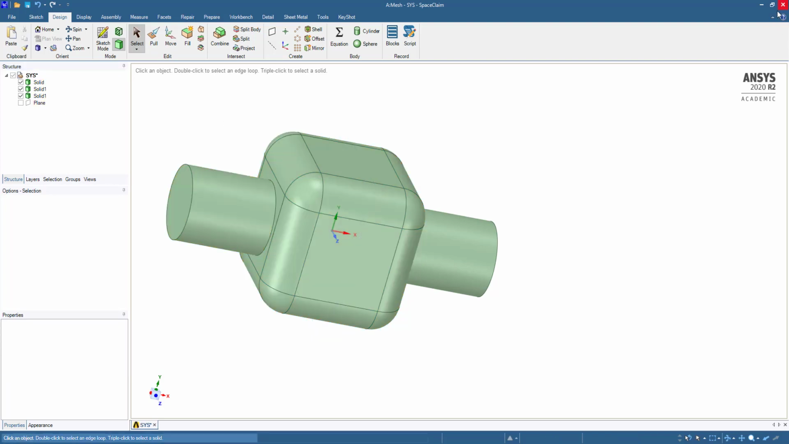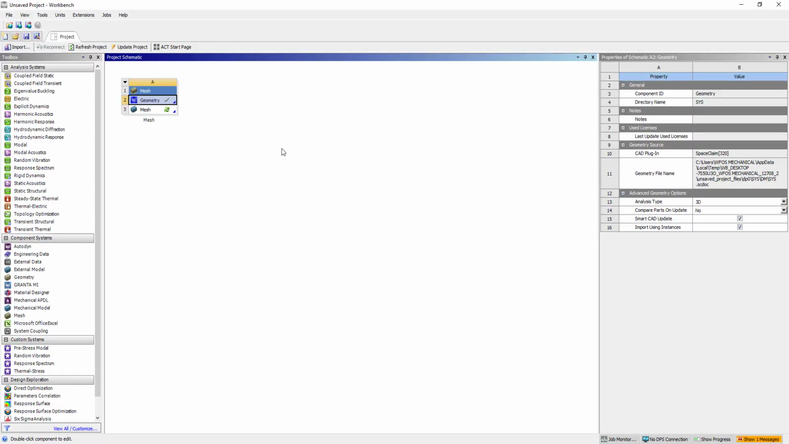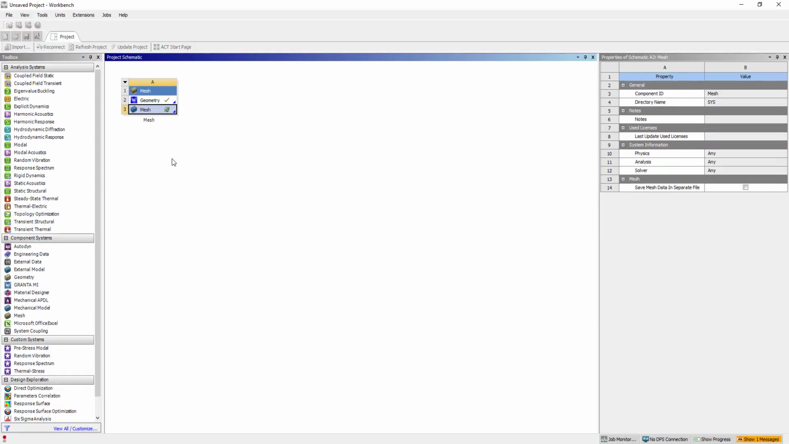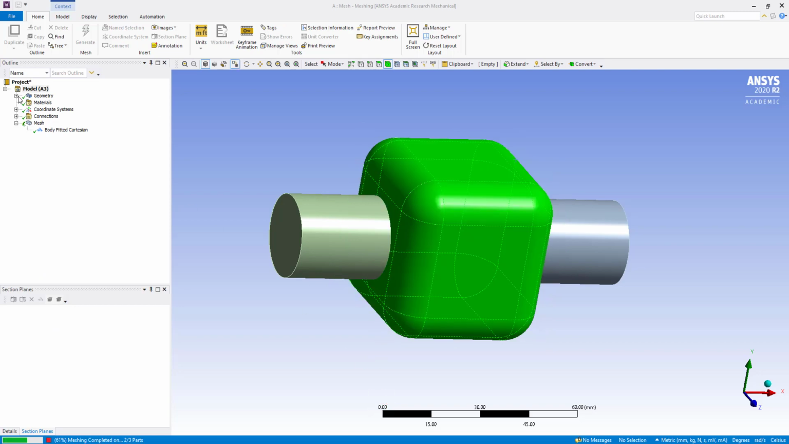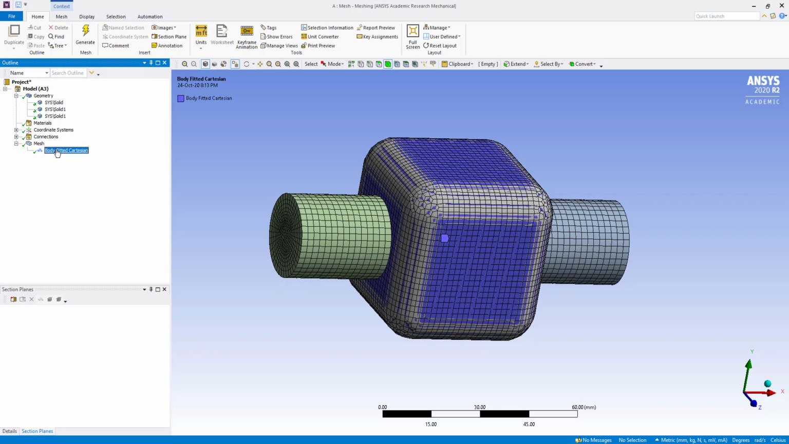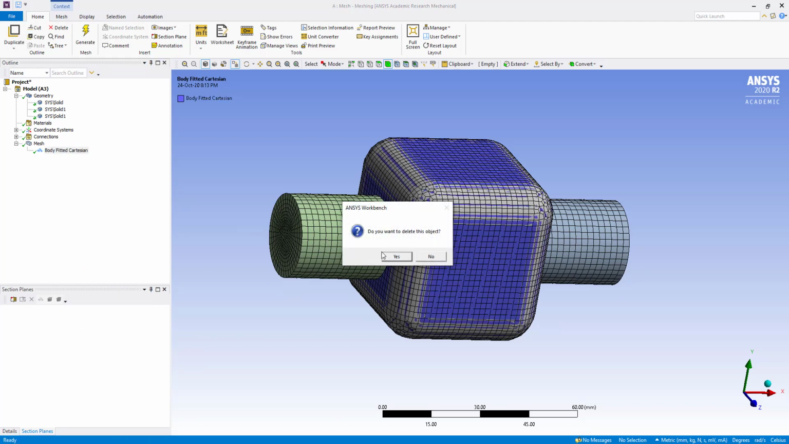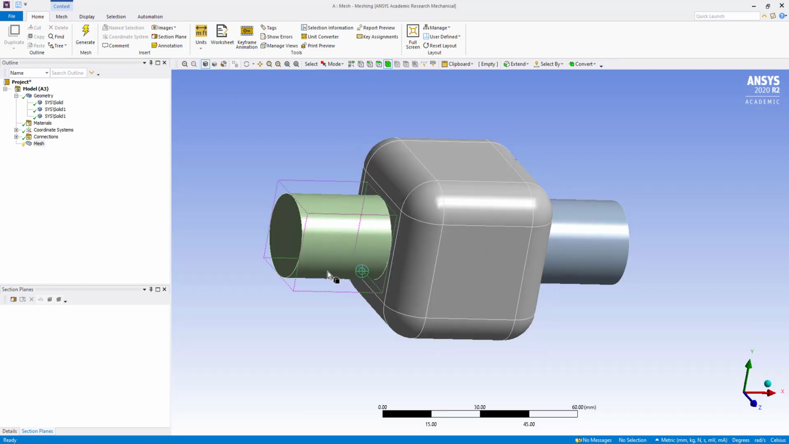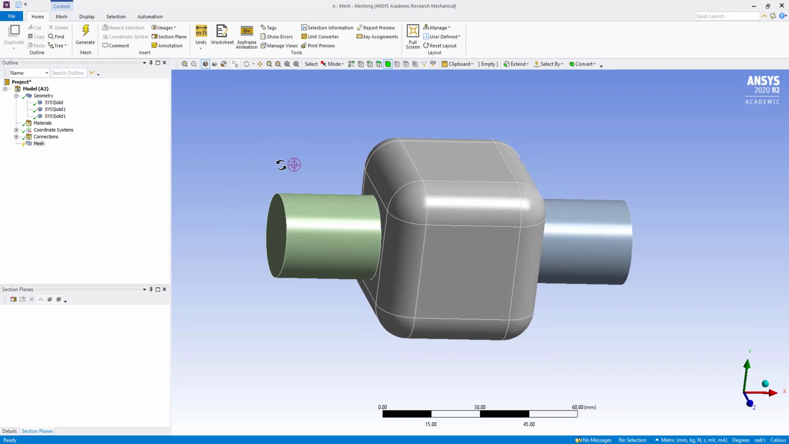Okay, close this one, update. So you can see this has been updated here. Delete. Okay, clear generated data. Now